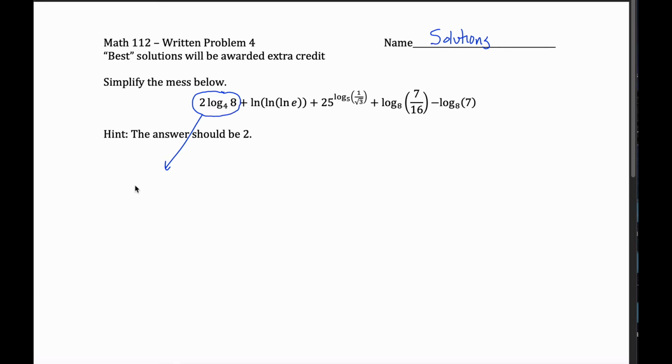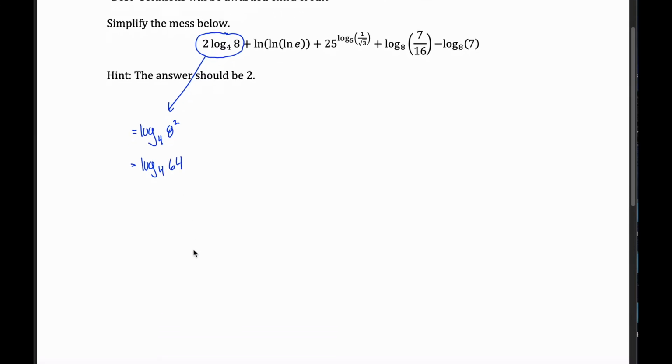multiply that by 2. But in case you can't, you could use your third log rule to take this coefficient and bring it up into the exponent here. So you could recognize that this is really just asking you what is the log base 4 of 8 squared. And since 8 squared is 64, it just wants to know the log base 4 of 64. And 4 times 4 times 4 gives you 64, because 4 times 4 is 16, times 4 again gives you 64. So because 4 to the third power equals 64, the log base 4 of 64 is just equal to